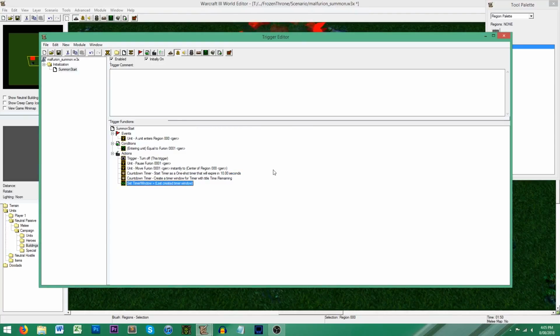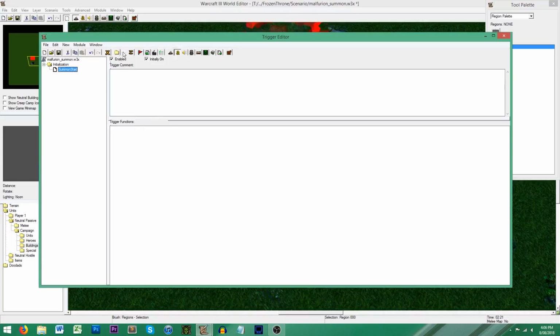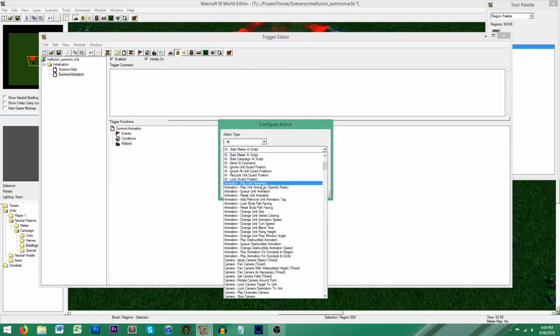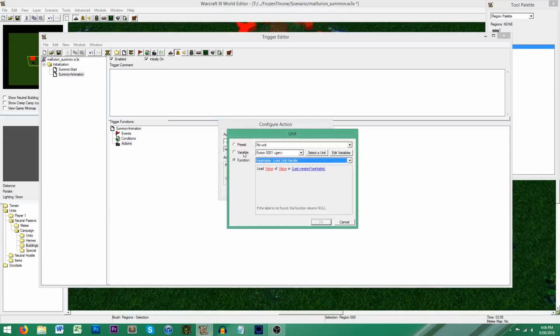What we're now going to do is make it so that while Furion is within the circle of power, he performs a spell animation of some kind. So we're going to create another trigger. We're going to call it summon animation. And within this trigger, we're going to create an action where we go to A for animations and we go play Furion's